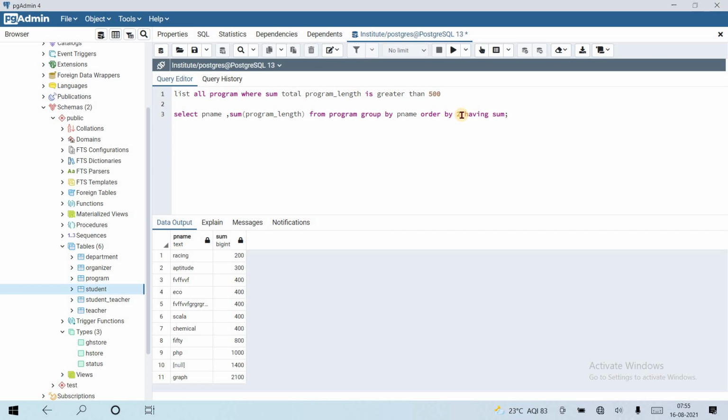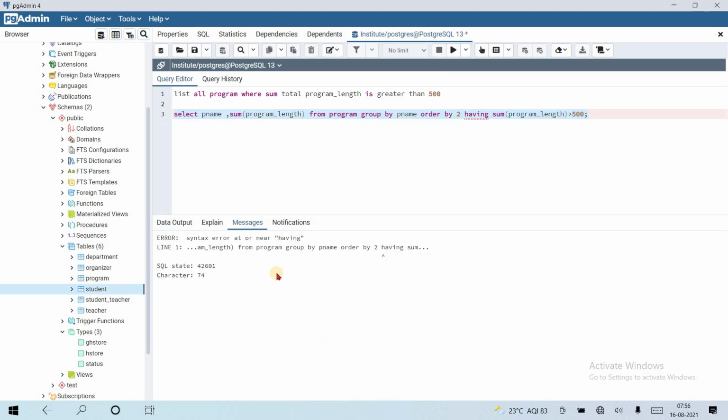We want the sum of program length greater than 500. So having sum of program length greater than 500. Here you can see that the sum total program length is greater than 500. Is it going to work? Let's see. It's telling us the error is here at having.